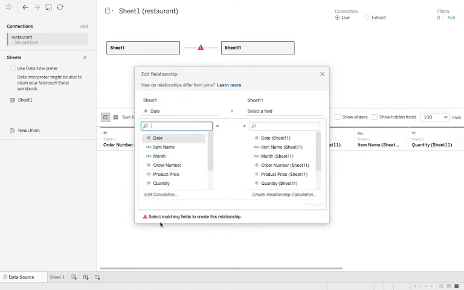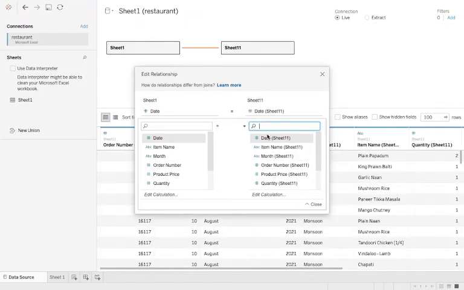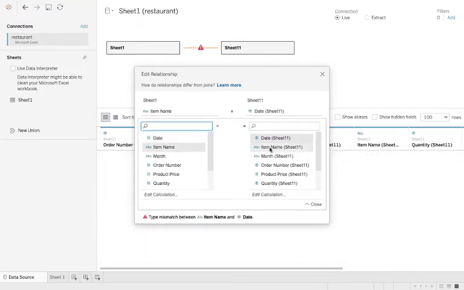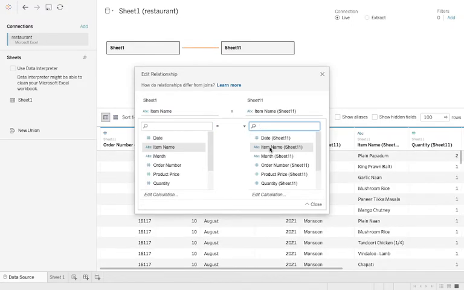It is asking me to select matching fields to create this relationship, but obviously we can't do that. But we have date and date here, so you can match that. We have item name and item name here, so match that.